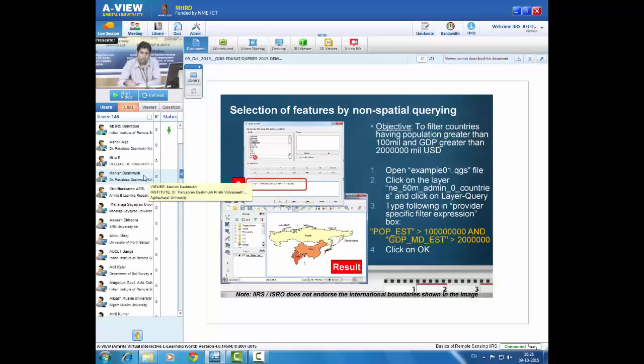You may have used Excel or some spreadsheet application where you have many data sets in rows and you want to select some rows based on some filter. That kind of application can be done on the attribute table you have for each feature layer. To specify what kind of filter you want to apply, you have to write a query. The query is very simple in nature. Simply you can write, I want to select